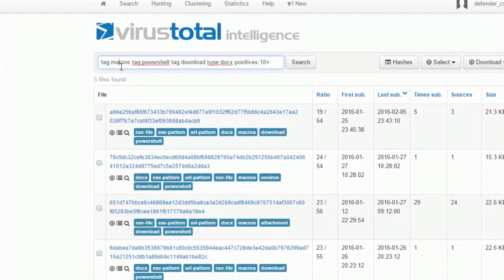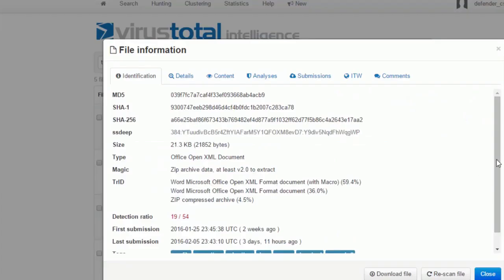Let's check another sample. This one, for example, is: give me all the ones that have macros, that are using PowerShell, and that have the tag download, which means they are being seen downloading other things from the internet. And I only want doc files, and all of the ones that have at least 10 detections. You see? So we get these samples, and if you click on the first one,